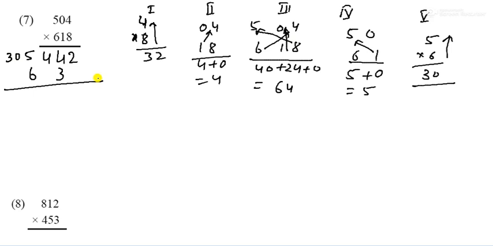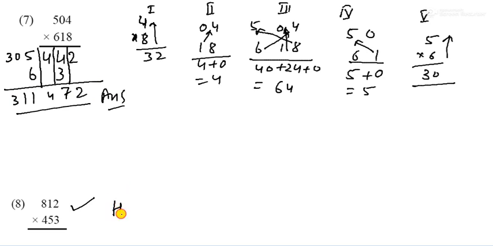Now step 4, what will be step 4? It is 5 0 and 6 1. So first you multiply like this, that is the 5, and 6 0 ja 0. So that becomes 5. So you can write only 5 here. Now that is the fifth step, that is the 5 and 6. What will happen? 6 5 ja 30. So you can write here upward 6 5 ja 30. So you can write 3 0.